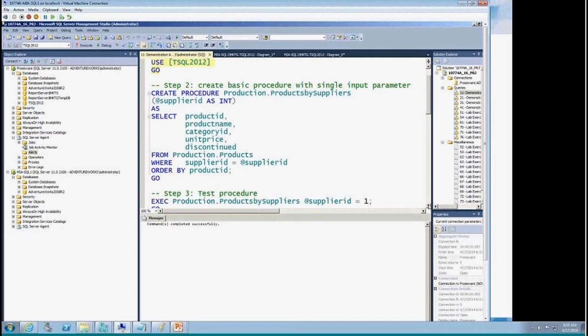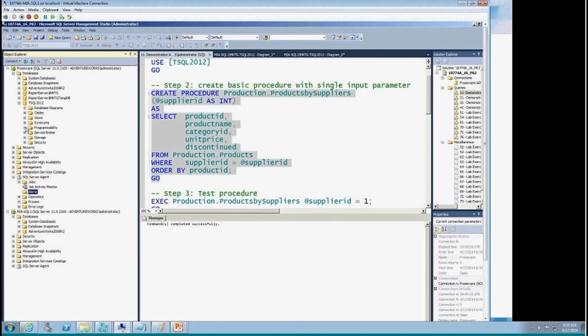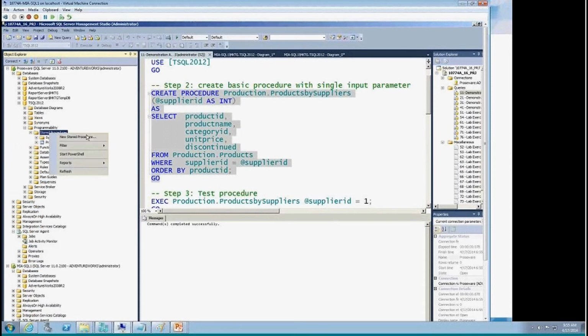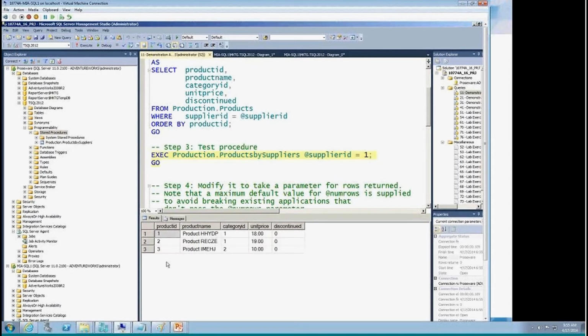So what happens is, when the optimizer runs, it figures out the fastest way to run that query. And then it takes that query plan and it caches it. So guess what happens the next time you run that stored procedure? It's able to use that cached plan. The first time you run the stored procedure, you might see it take a little bit longer because it has to parse it, resolve it, optimize it, compile it, and then put it in the procedure cache. But then the second time, the third time, and the fourth time, it says, oh, I've already run that stored procedure. Let's go pull the plan out of the cache and let's run it,